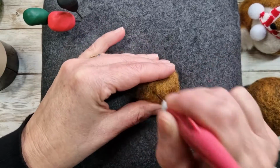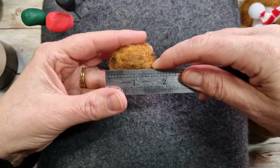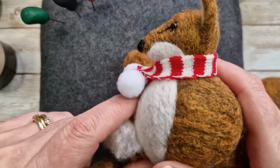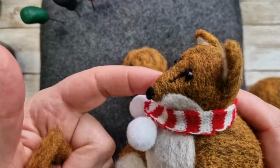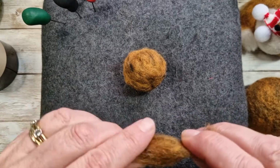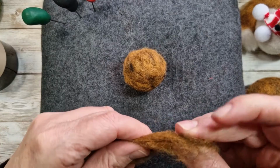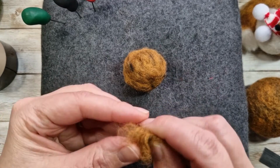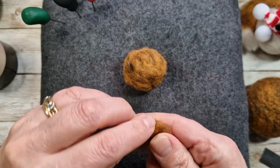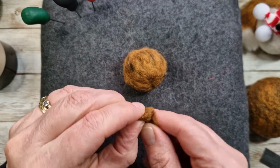And then we're just going to loosely felt that down with the clover pen. And we're going to do the tiny nose first. So yeah, 1.5 there. So we're going to do a little ball that's going to go on as the nose. And then we will do a sloping bit going up the bridge. So yeah, really quite small amount of wool for this one, because by the time you fold it in on itself, you do not want a massive nose. And if it ends up being slightly elongated, that's fine, but really I sort of do a ball shape